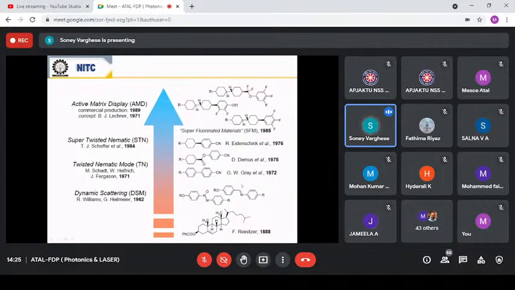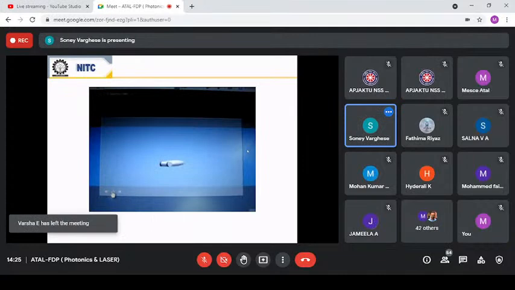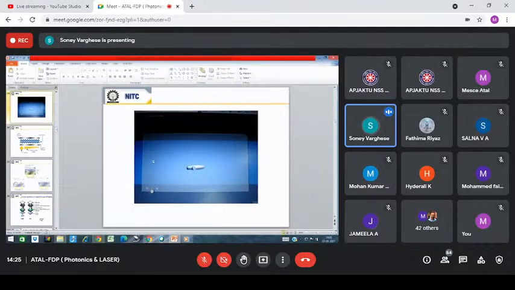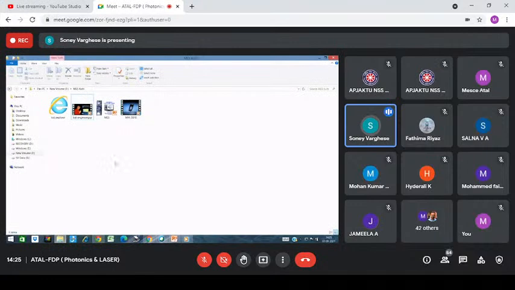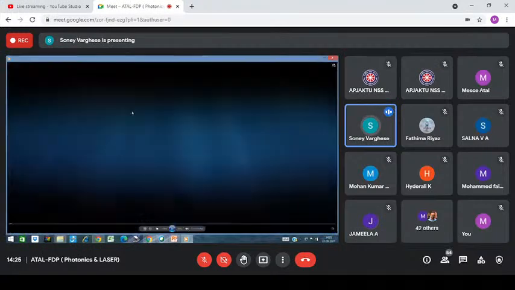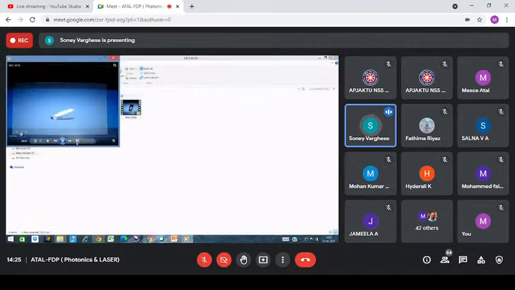From there, you can see that in 1972, there are some devices which use this type of molecule. These are called cyanobiphenyls. Then later you can see that there are a lot of improvements. And nowadays we are using fluorinated liquid crystal molecules, which are used in most of our display devices, right? And if you look at the cross section, or if you just open a liquid crystal display device,